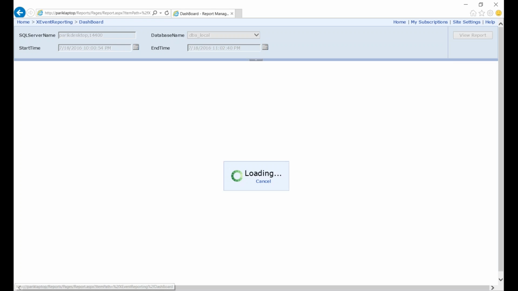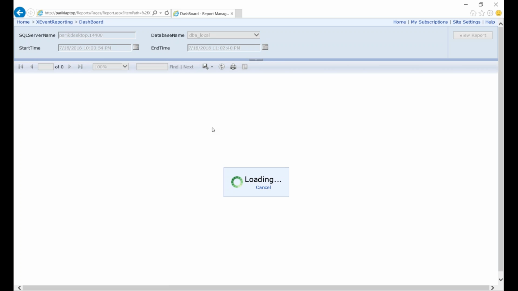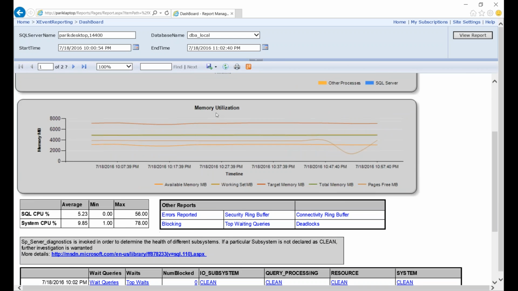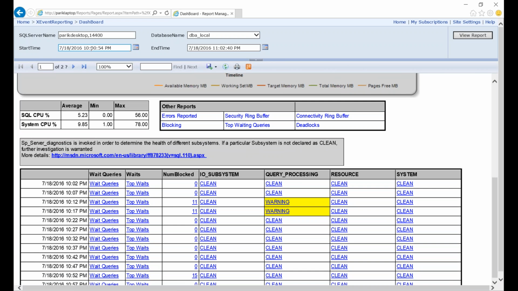Okay, I want to make sure I show you system health also. This was developed by Denzel, if you know Denzel from the SQL CAT team. Now if you see here, this report directly queries your system health XEvent capture and loads it into the local database, again your DBA local, and I'll show you what things are involved here. You can clearly see yesterday between 12, this is where we saw a resource semaphore